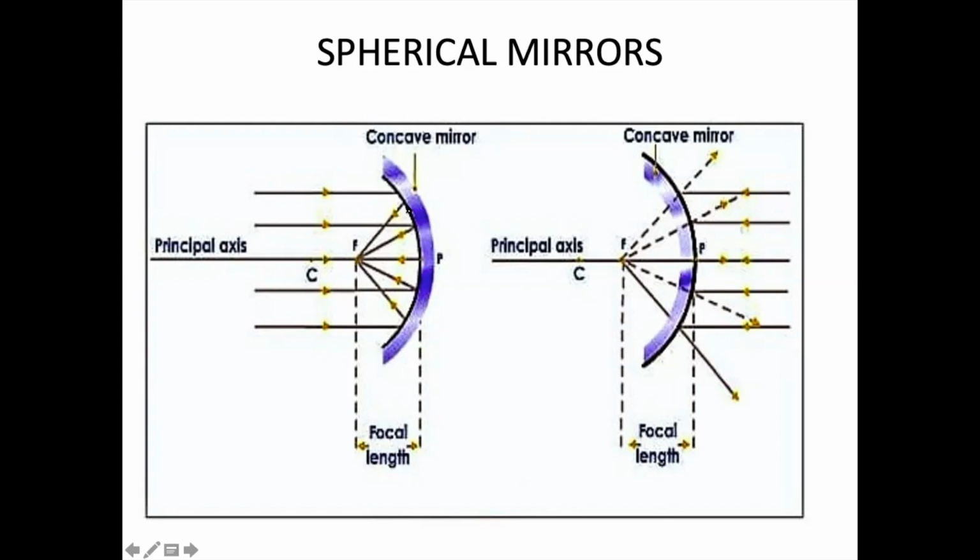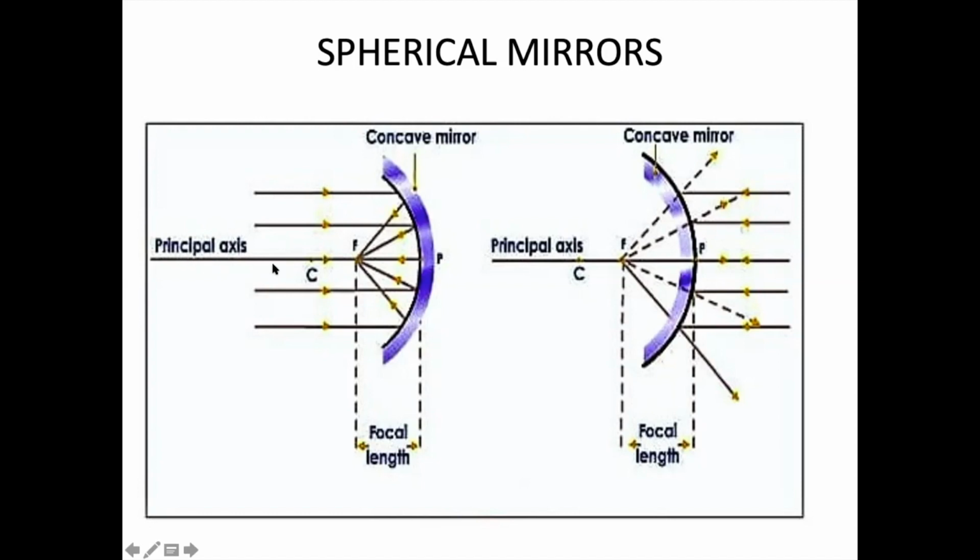They are converging mirrors. So when the parallel rays are falling on this object, this here is a shining surface. So the cave is a shining surface. When the rays of light fall on this, they reflect back and meet at a point, and that point is called the focus. When this ray is coming from here along the principal axis, it is normal, 90 degrees, exactly at the center. It will always come back in the same direction.